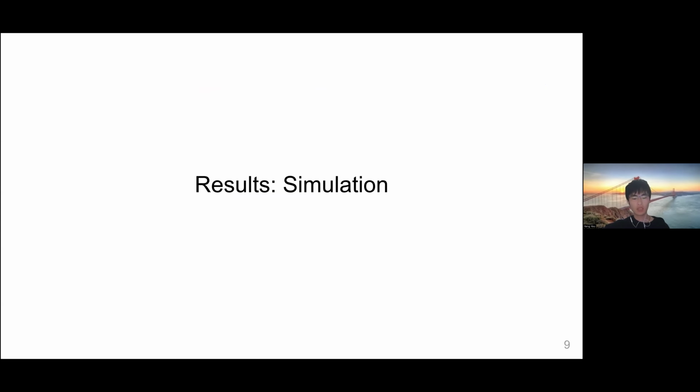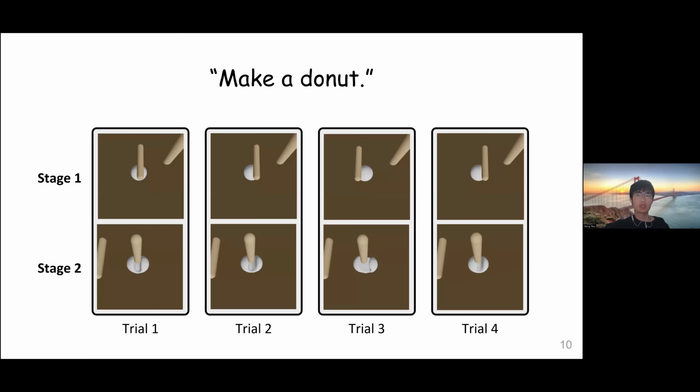Okay, so we did some experiments on both simulation and real robots. And here's one task. We asked it to make a donut. Here are some visualizations. We can see that our method can learn, or GPT-4 learns how to make a donut by first identifying which tool to use at each stage. And in each substage, we iteratively apply our differentiable physics to solve the small step forward question.